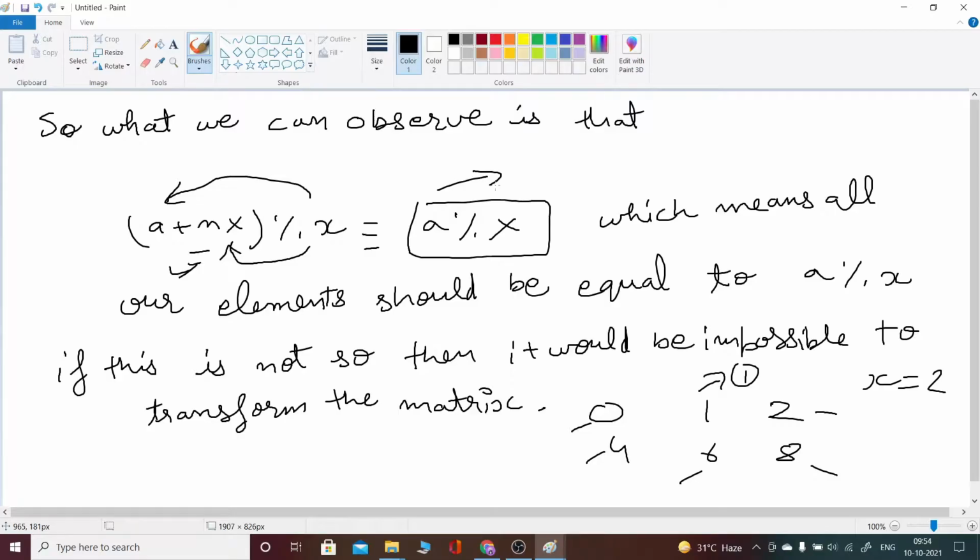The modulo x would remain that of the number, it won't change because we are only adding x or subtracting x. So we can directly say that all elements should have equal modulo x. If it is not so, we would output -1, which means we cannot transform the matrix.